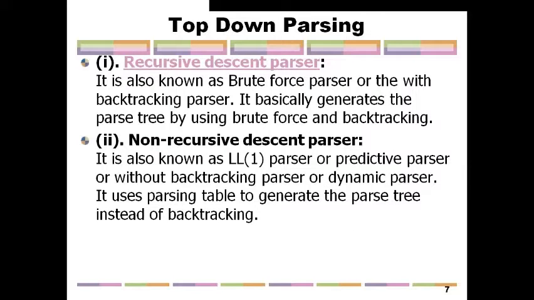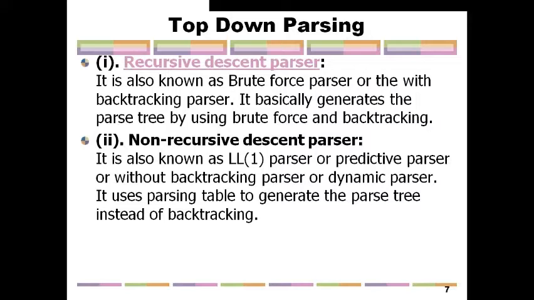Next, we are going to discuss the top-down parsing techniques, that is recursive descent parsers and non-recursive descent parsers. In recursive descent parsers, we can call it a brute force parser, because the brute force approach is a straightforward approach. We are trying all the possibilities. When we are trying a possibility, if we are not getting a solution, we have to backtrack to the previous location and try the next trial. The same thing we are going to do in this recursive descent parser also,